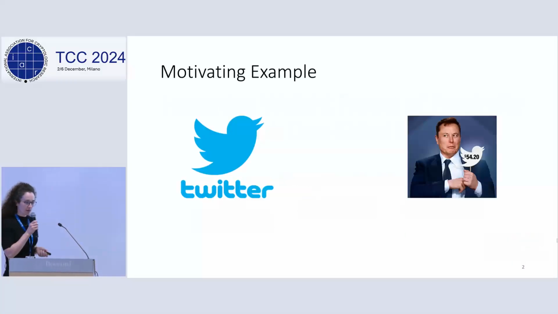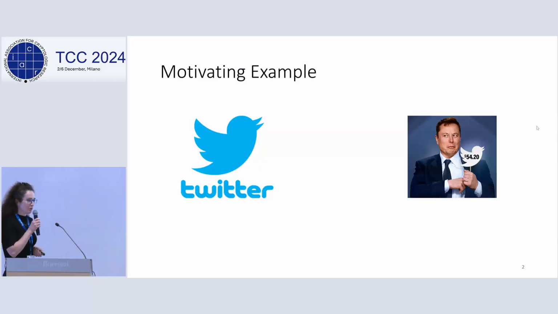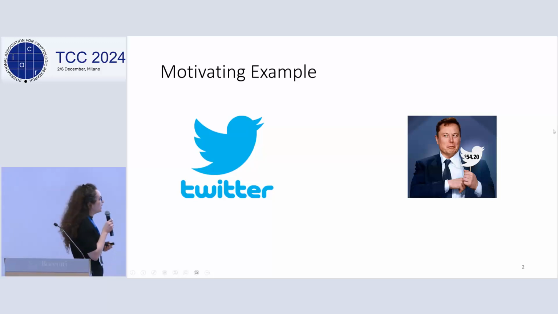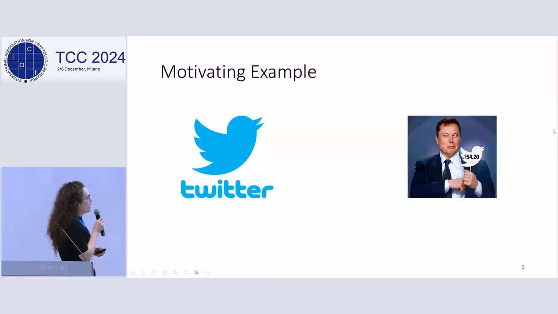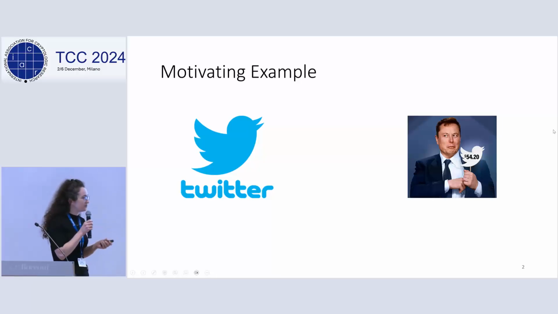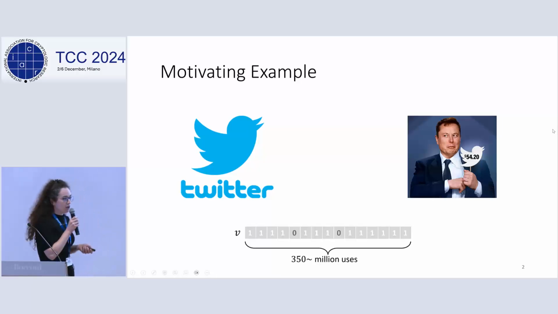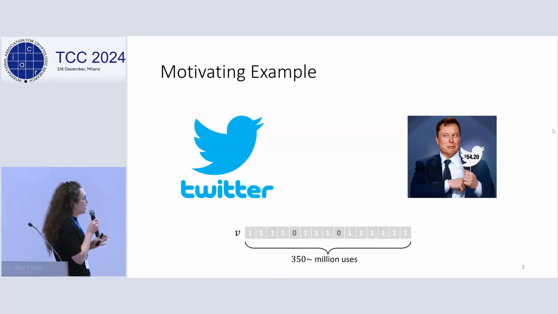So we start with an example. In 2022, Elon Musk initiated the process of acquiring Twitter. However, later on, he withdrew his offer, arguing that a large portion of Twitter users are spam bots. This sparked a major dispute. Twitter was arguing that this was a false claim and even tried to force Musk into the deal.